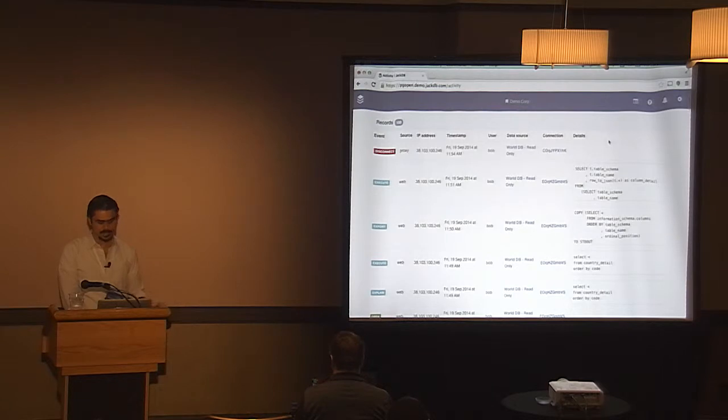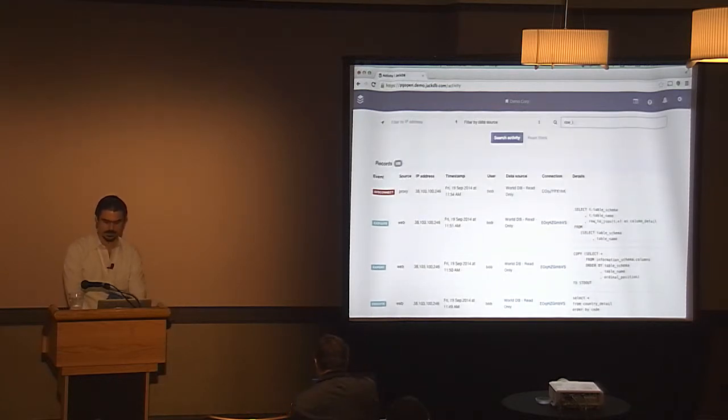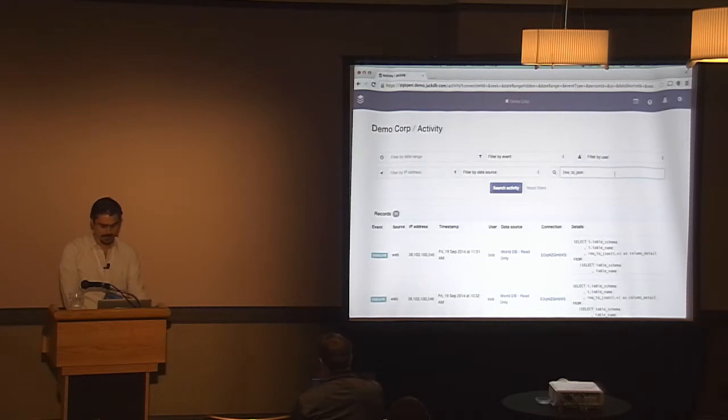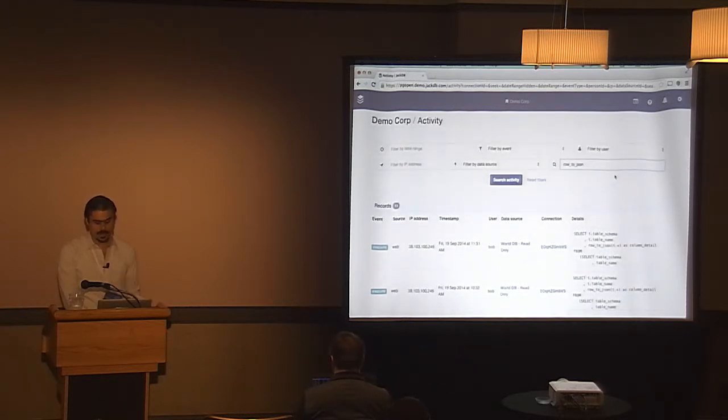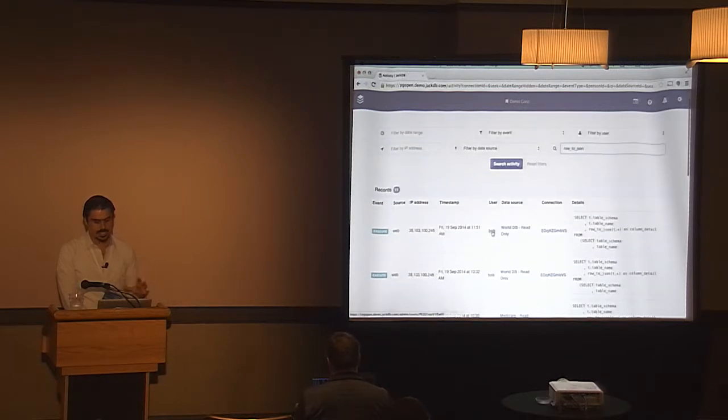And the audit trail itself has full text search. If you want to search for one particular query, whatever it is, you can go by user, by IP address. In this case, since Bob has authenticated himself as a human coming in, I know this is Bob connecting to this database. Even though we have multiple people sharing shared credentials to the same database, because that one data source has a single username and password, I still know the individual user executing the query on each one of these databases. So if Alice or Setup goes in and connects to that database, it'll still show the world read user ID, but I can differentiate between those individual users.